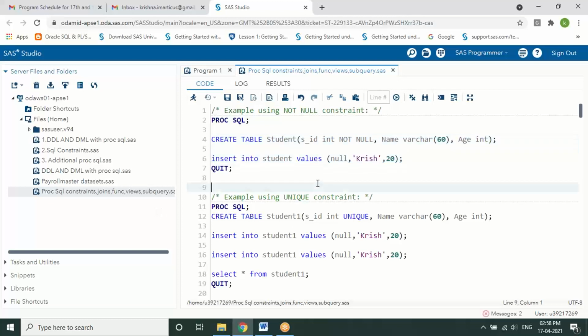If you are working with MySQL or any other, the syntaxes are almost similar, only a few data types vary. Apart from that, the rest of everything is the same. SAS normally accepts queries like Oracle SQL syntax.